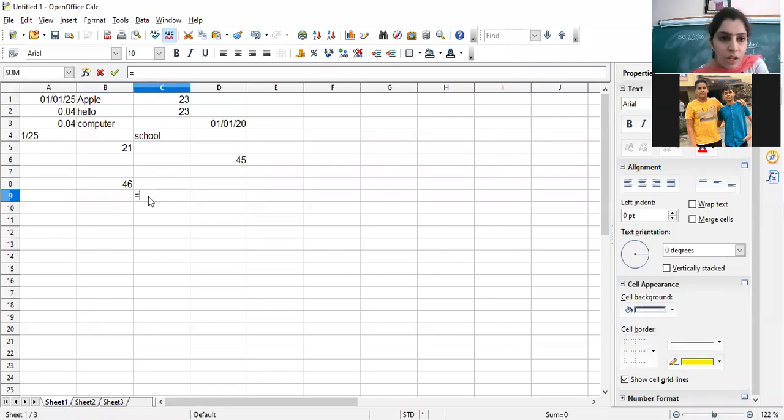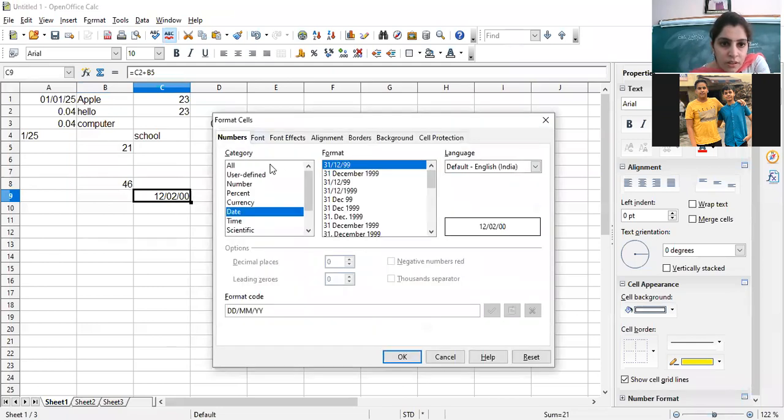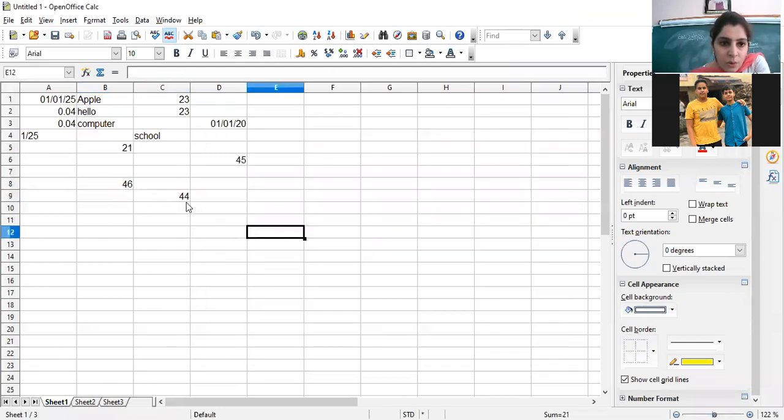Let's make one more formula, C2 plus B5. Right? So you can see the value is being changed according to the formula being set.